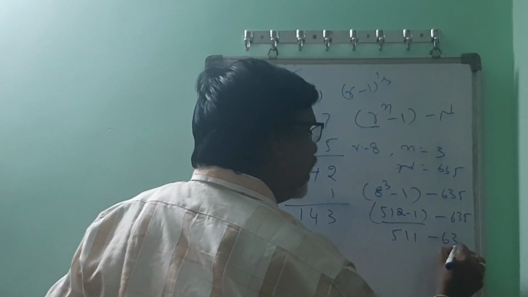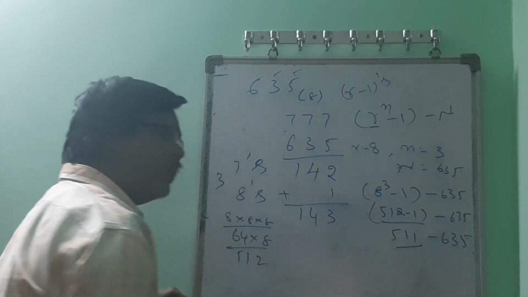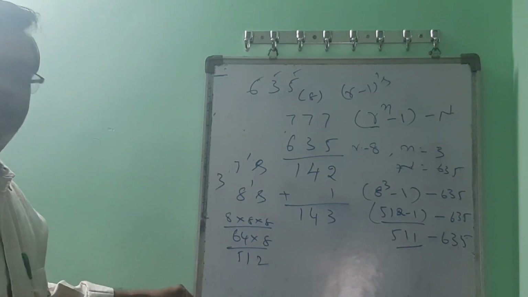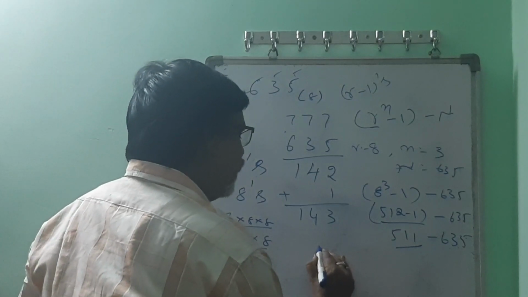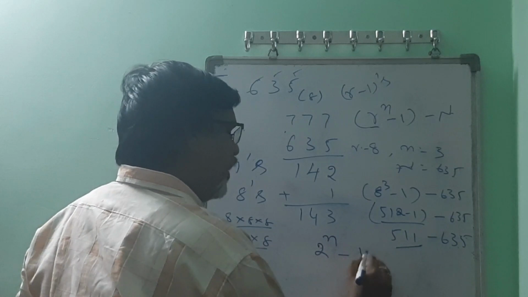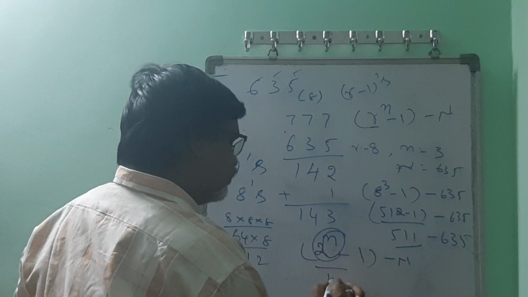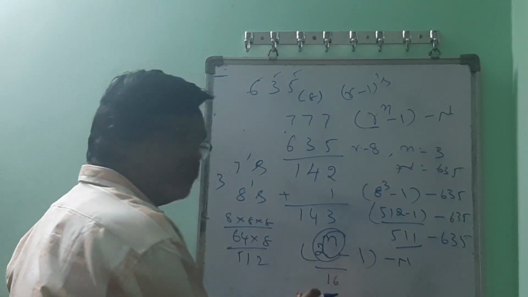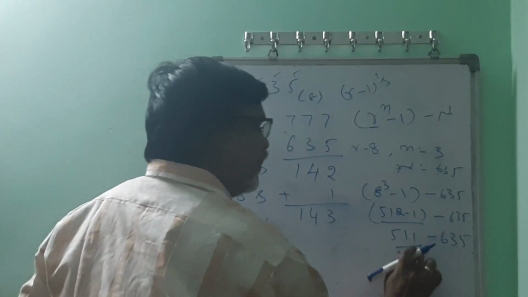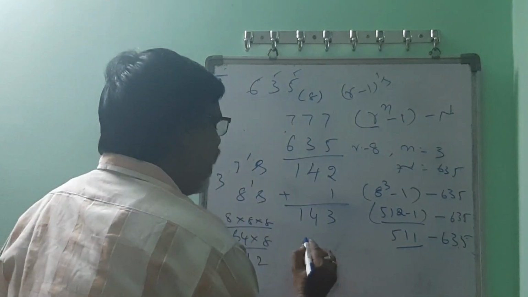So here this is 511. But do remember here, before we perform the subtraction, whatever number we got, you have to know that that is a decimal number. Even when you perform the binary r's complement, when you calculate 2 power n minus 1 minus n, whatever 2 power n you calculated, if you get something like 16, you are going to convert the 16 to binary values. In the same way, here also, whatever this 511 you got, which is a decimal number, you have to convert that into the equivalent octal value.